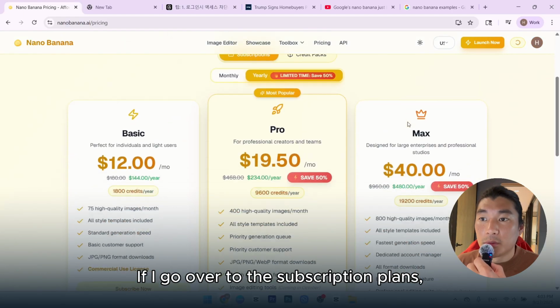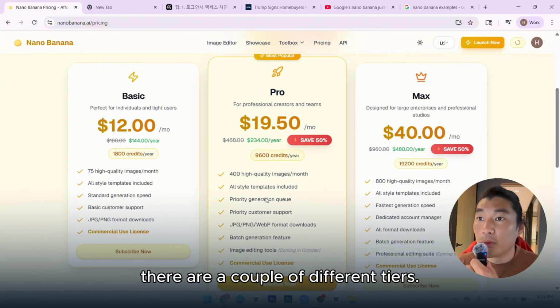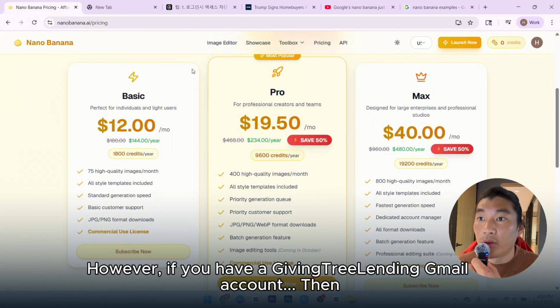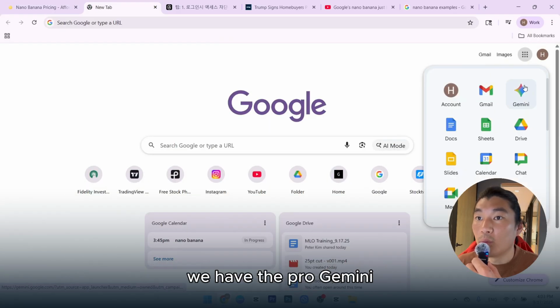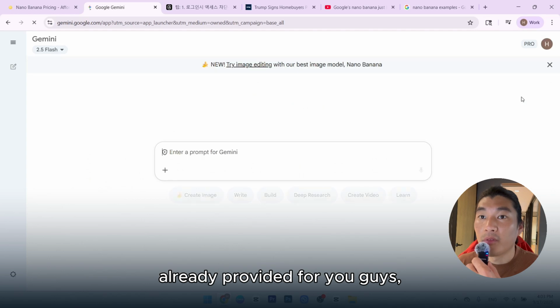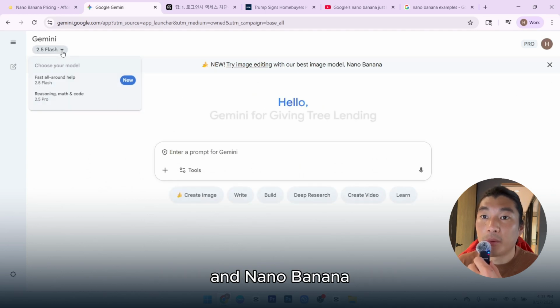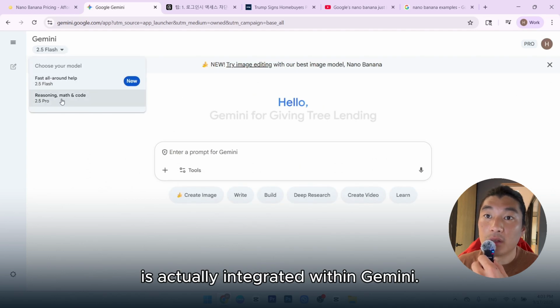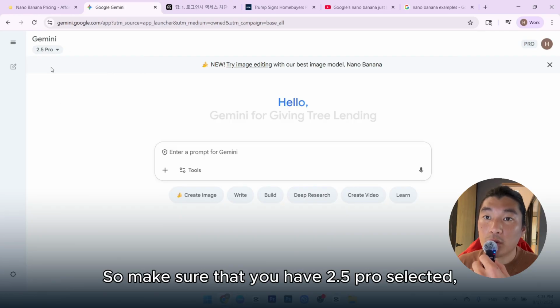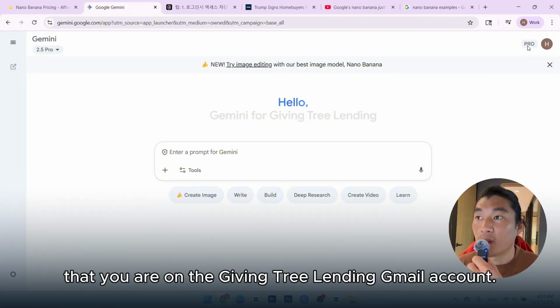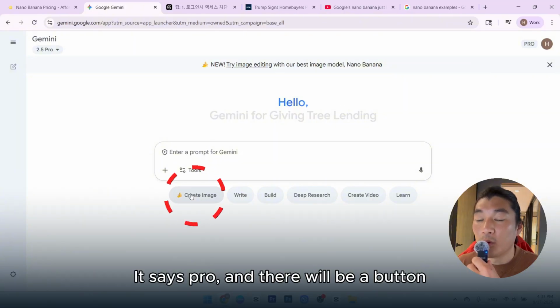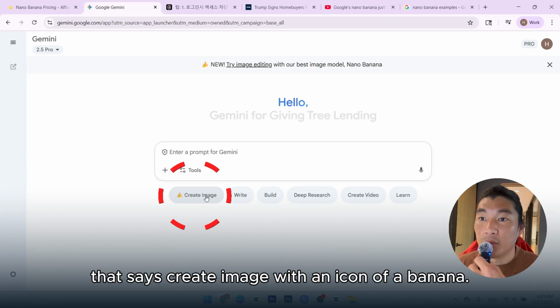If I go over to the subscription plans, there are a couple different tiers. However, if you have a GivenTree Lending Gmail account, then we have the Pro Gemini already provided for you guys. And NanoBanana is actually integrated within Gemini. So make sure that you have 2.5 Pro selected, that you are on the GivenTree Lending Gmail account. It says Pro, and there will be a button here at the bottom that says Create Image with an icon